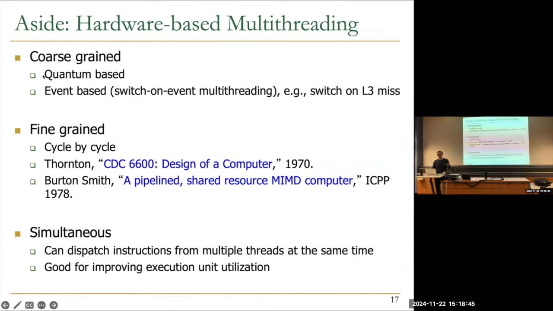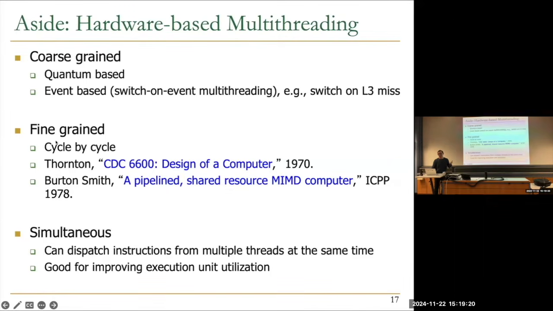Okay, so that's coarse-grained. Once you start going fine-grained, as we have discussed in DDCA and also in the last lecture, the Sun Niagara approach was like this. Essentially, you do cycle by cycle. Every cycle, you switch to a different thread. Clearly, you cannot do this in software at all. You can do switch on L3 miss in software, except it'll be costly, and you also need some mechanisms to signal to the software. Clearly, you need to change the hardware. But here, you have to change the hardware and add thread context, right?